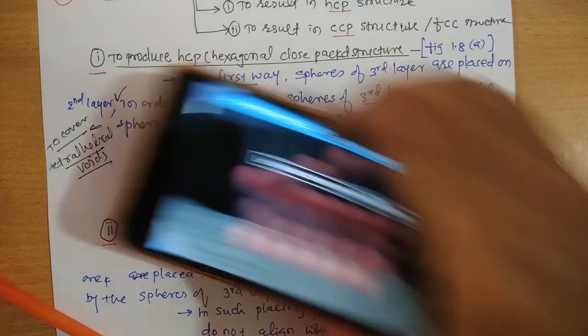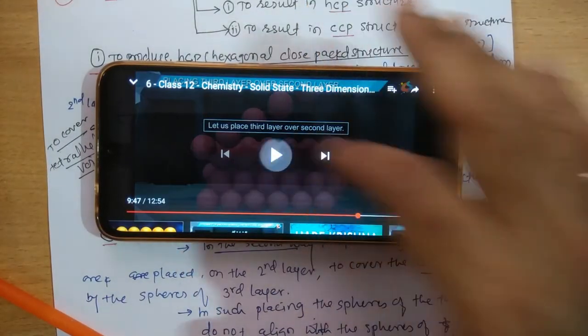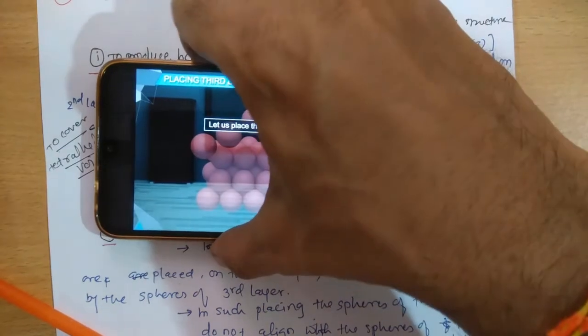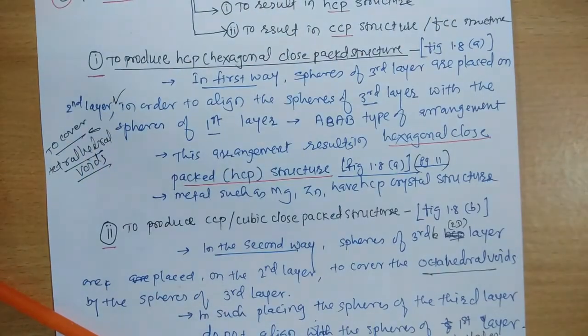Now see the video. You can see here, over the second layer, stacking of the third layer over the second layer.